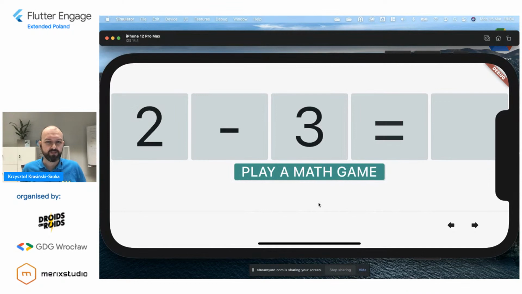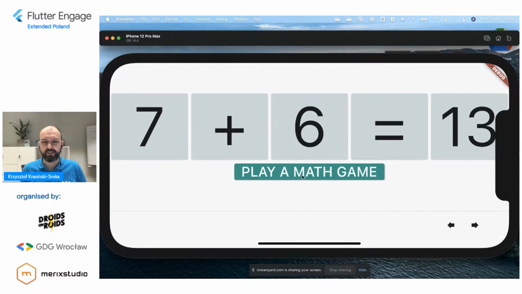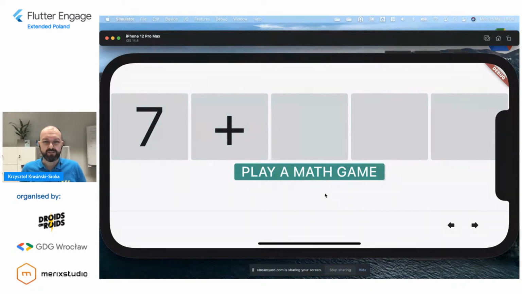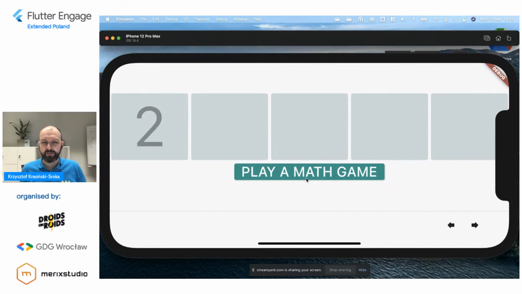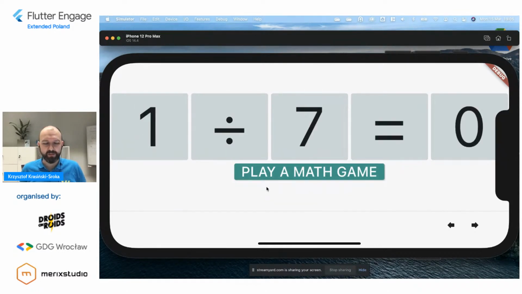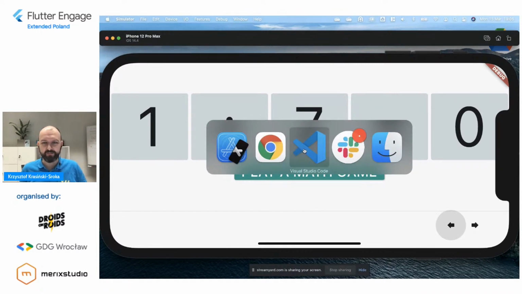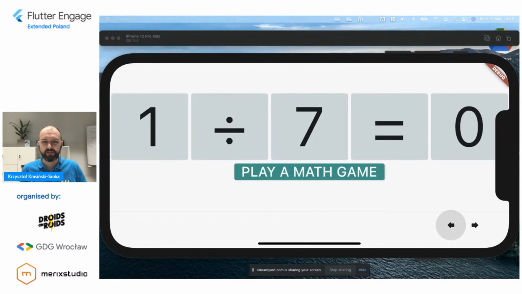So the second thing is going to be a simple math game, and I hope it's not going to crash anymore. The math game is a very simple presentation for very young kids who like to learn more about maths. It's not really a game; it's a game of luck. As you can see, there are several operations, there are several numbers, and some combinations of these numbers might be wrong.